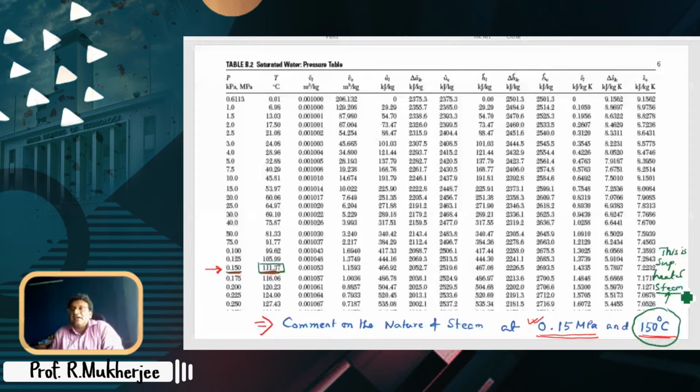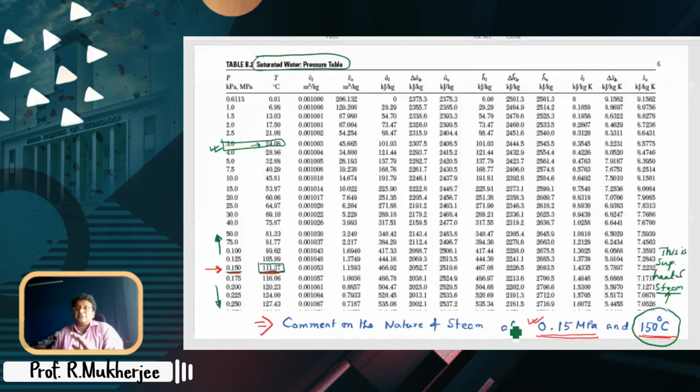And coming back to the concern several of you raised, including Abhash, about the saturated water table, saturation means these two sets of values are giving saturation, right? So at 3 kilopascal, saturation temperature is 24 degrees centigrade. This is where you understand why things don't boil properly in a hill station, and the effect of a pressure cooker. You increase the pressure, and your saturation temperature increases. You reduce the pressure, your saturation temperature reduces.